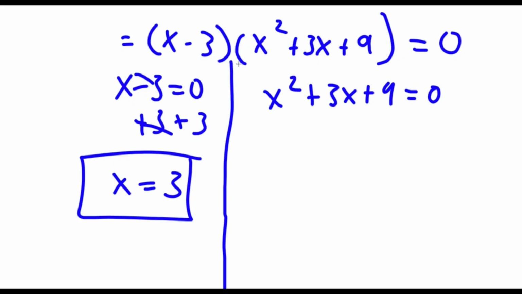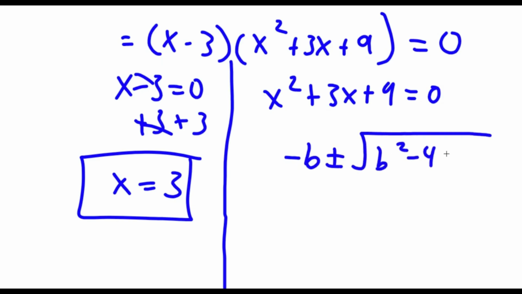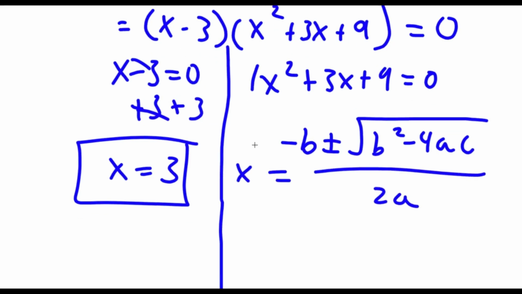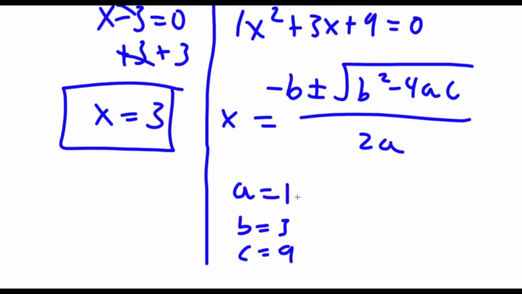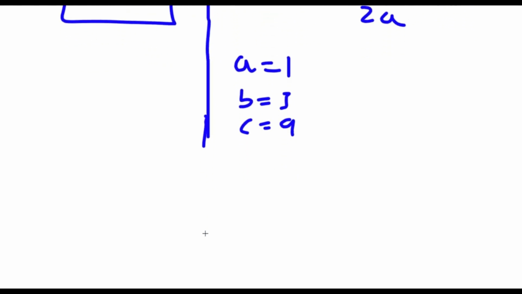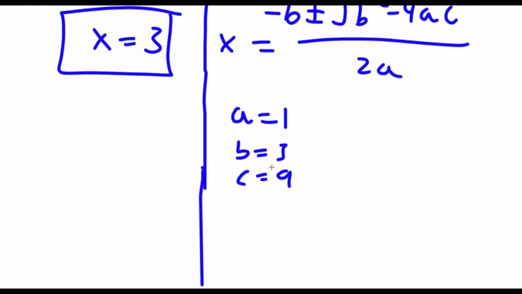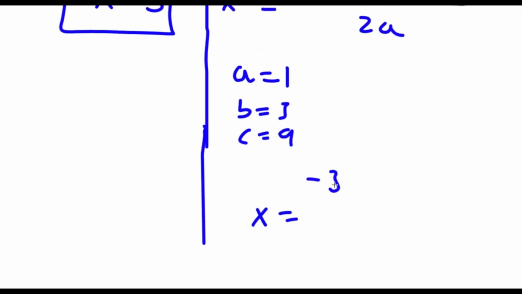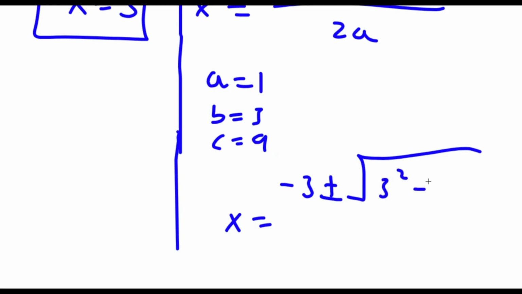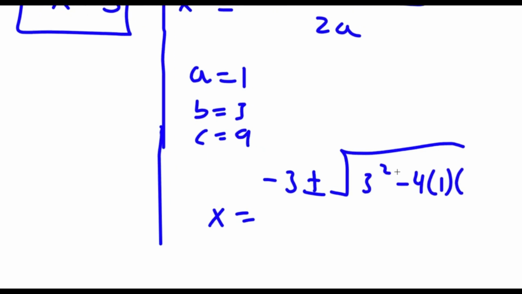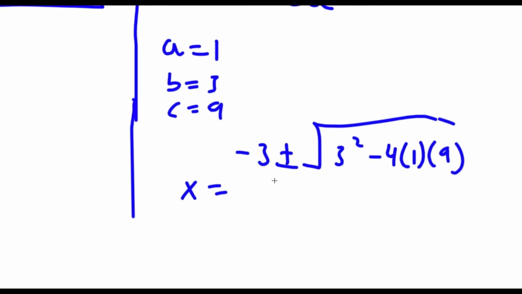Now for x squared plus 3x plus 9 equals 0, I'm going to be using the quadratic formula, which is negative b plus or minus the square root of b squared minus 4ac all over 2a. Now in this case, a is equal to 1, b is equal to 3, and c is equal to 9. So now I have x is equal to negative b, so negative 3, plus or minus the square root of b squared, so 3 squared minus 4 times a, which is 1, times c, which is 9, all over 2a,